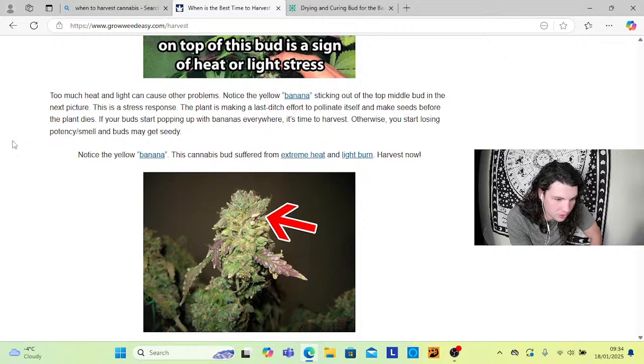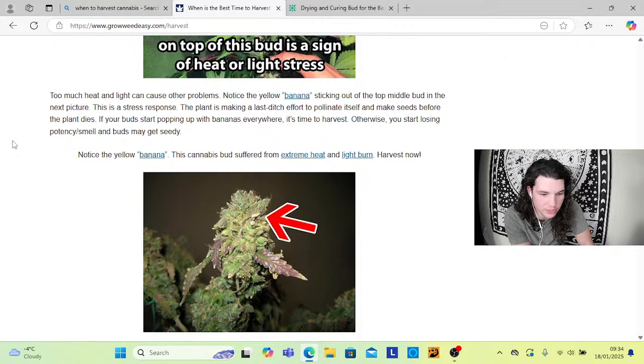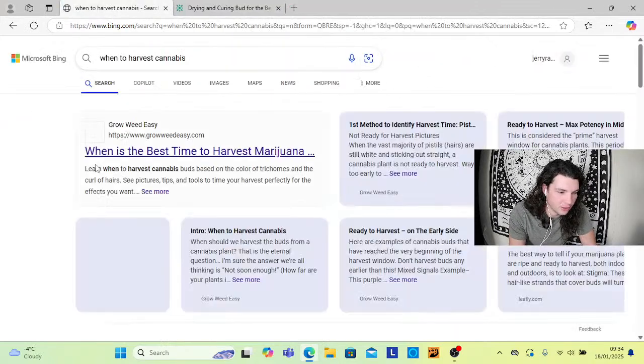This is a stress response, where the plant is making a last ditch effort to pollinate itself and make seeds before the plant dies. If your bud starts popping up with bananas everywhere, it's time to harvest. Otherwise, you will start losing potency, smell, and the buds may get